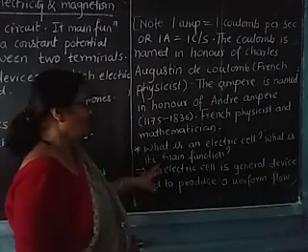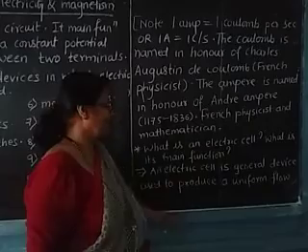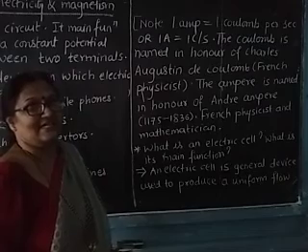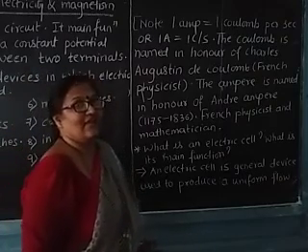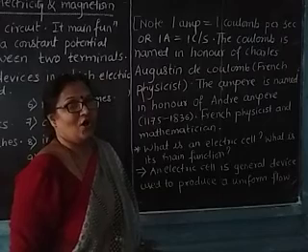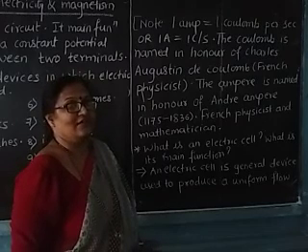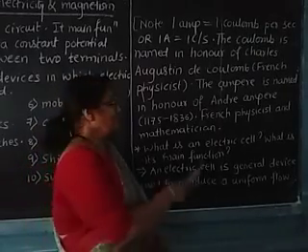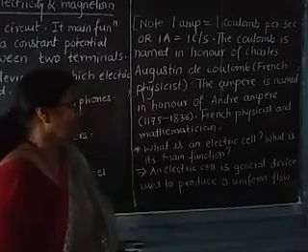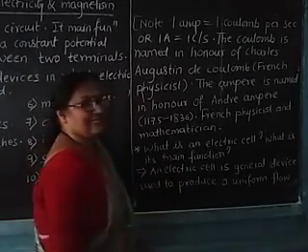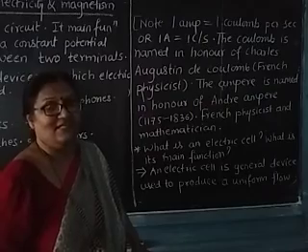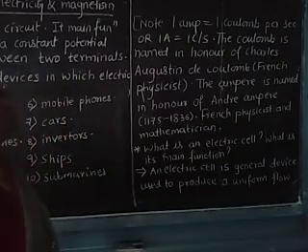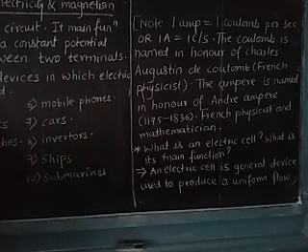Next comes: what is an electric cell? What is its main function? Whenever you see an electric cell connected in a circuit, without the cell the bulb or the circuit is not complete. Yesterday you have seen that, and in that, what is the use of this electrical cell, that we have to know. An electrical cell is nothing but a general device which is used to produce a uniform flow of a charge.